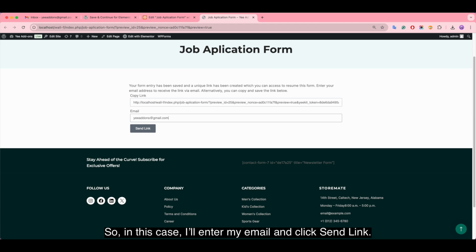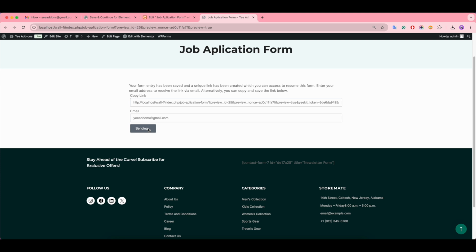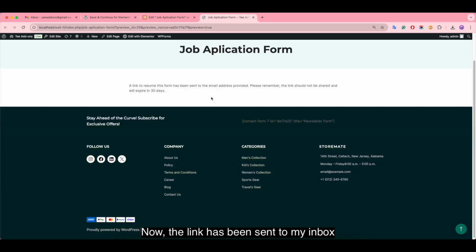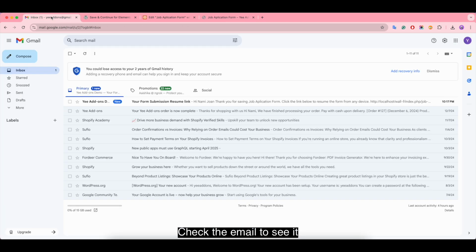So in this case, I'll enter my email and click Send Link. Now the link has been sent to my inbox. Check the email to see it. There is the new email.